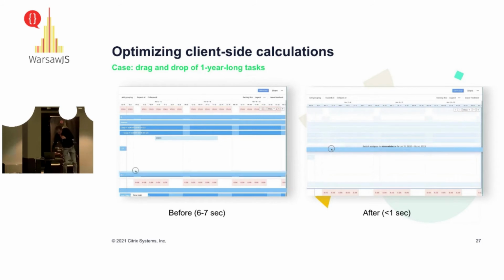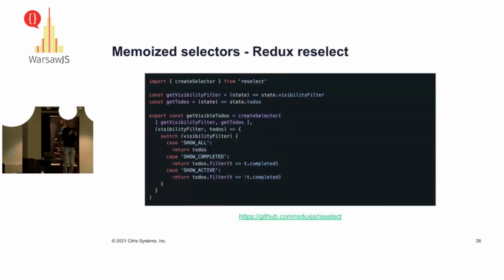It really helped. The next thing, if you are familiar with Redux, and I'm sure you are, you know there is a practice of using selectors, so as not to work with the state explicitly. Even if you need some calculations on the fly out of the state, selectors are exactly the thing that perfectly fits.